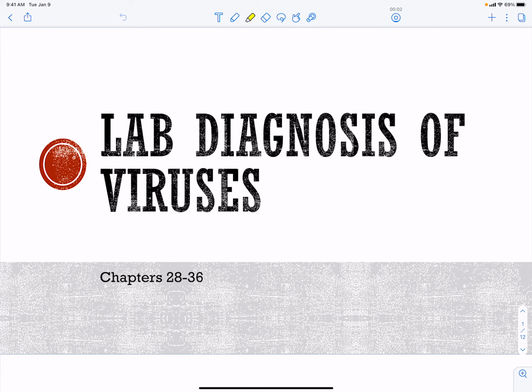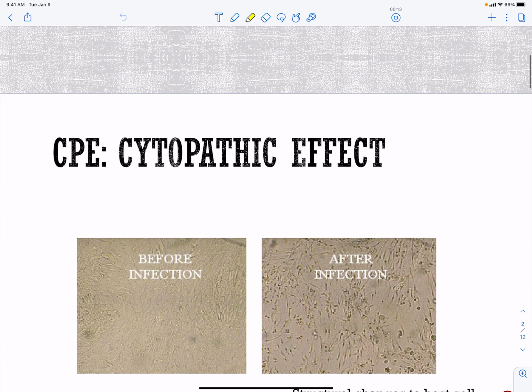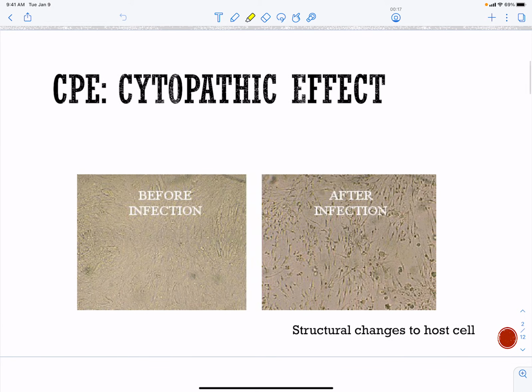So now I'm going to discuss how we diagnose viruses in the laboratory. There are some classic diagnostic mechanisms, and then of course there are some more modern diagnostic mechanisms. In general, because viruses infect cells, one way you can look at whether or not there are viruses